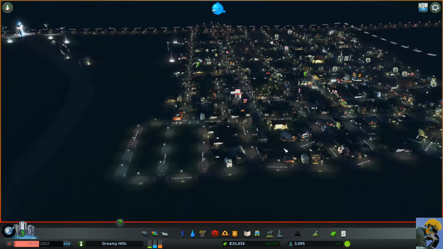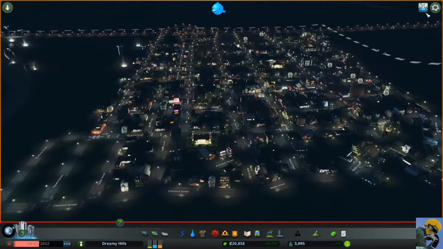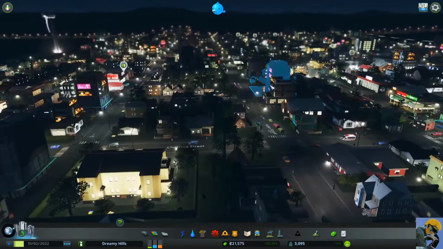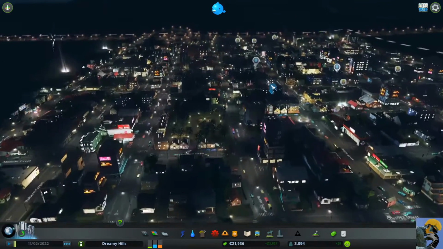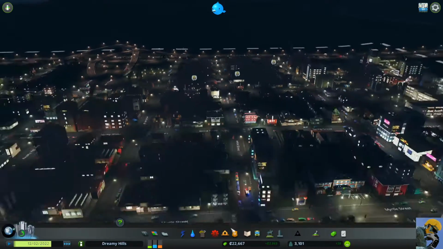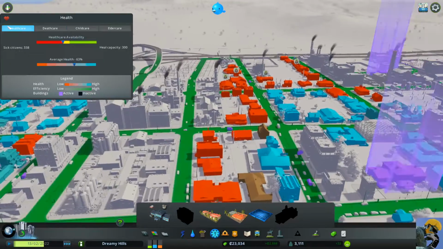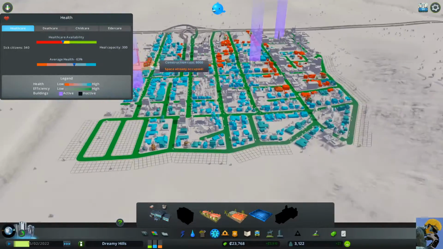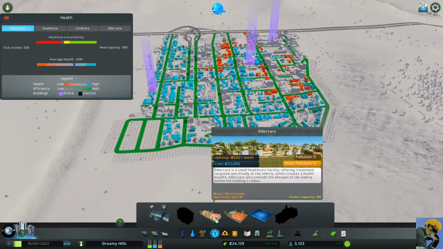Alright, well, we're up to 20 grand. So when we get to 20,000, I will start to think about which facility I want to build. I really want to build a university, but if they're saying I have to have senior care, what's going on with my healthcare? Oh, we're getting down in the dumps here. But now I'm going to have to build another place for...